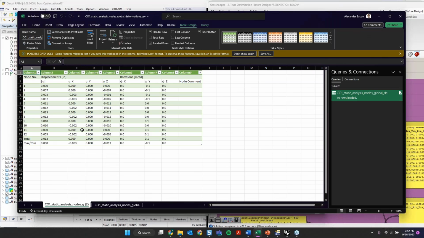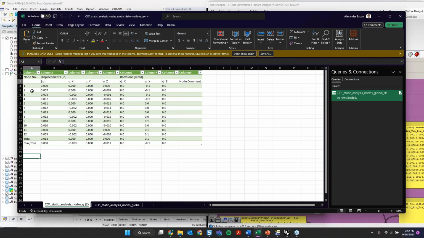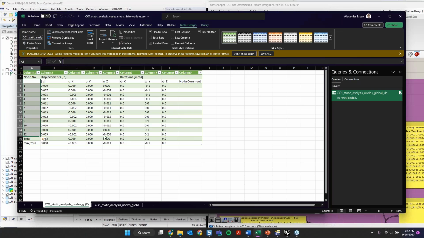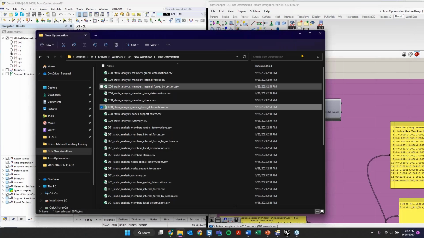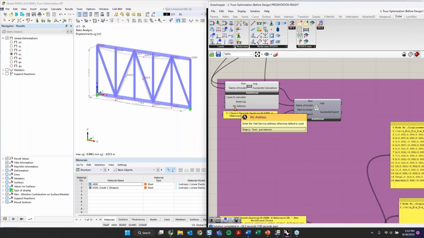And so you can see here, this is the RFEM data that is exported. We have our header at the top, and then we have our index numbers on the left-hand side, along with our node numbers. So yes, we got the results, but how can we make an automatic loop out of it? I'm going to exit out of Excel. To do this, we